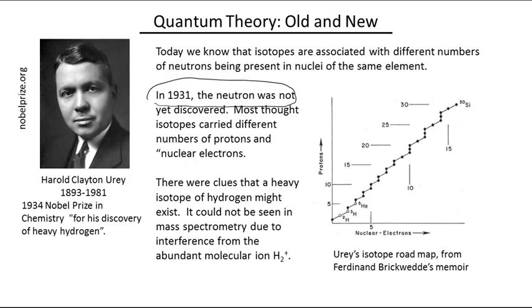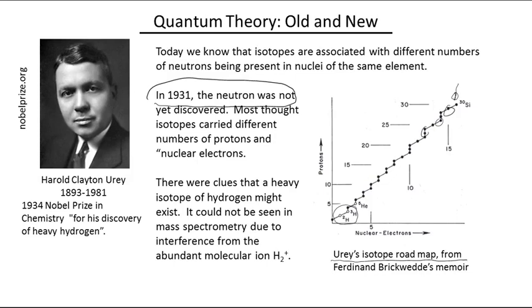A neutron was not known, but there was this curious phenomenon that many elements had constituents that had slightly different masses. They were chemically similar, but they had slightly different masses. And this is a plot made by a man named Harold Urey, great chemist, which showed the filled dots are the known isotopes known at the time, and he perceived a pattern here that led down to the possible prediction of isotopes that had not yet been